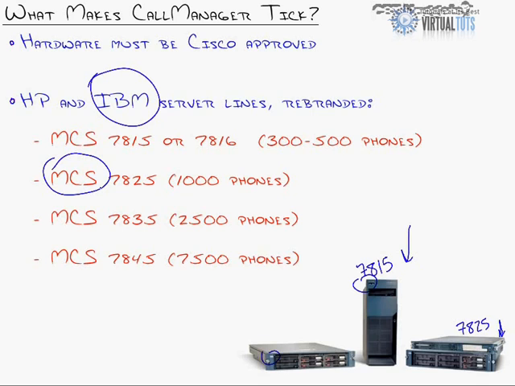If you buy the MCS server line from Cisco with the Call Manager software on it, you now have a one-point contact if anything goes wrong with the hardware or the software in Call Manager. And for a lot of businesses, they're thinking, oh, well, $500 more? It's a no-brainer. We're going with all Cisco equipment. The higher you go in the server lines, the more phones and applications each server can support. You get up to the 7845, which looks like this, and you're up to 7,500 phones per server that it